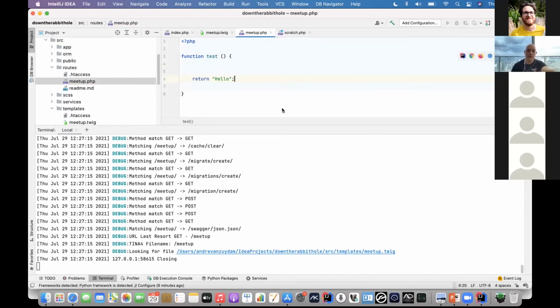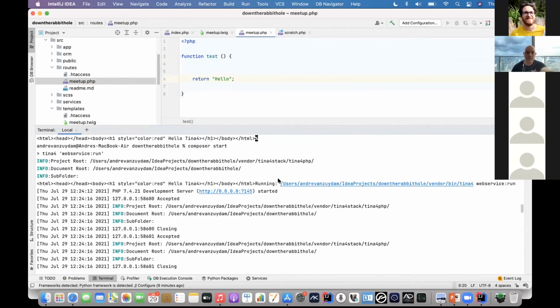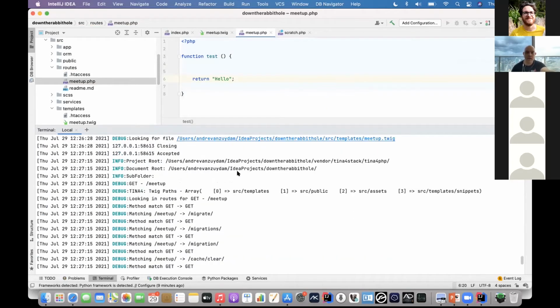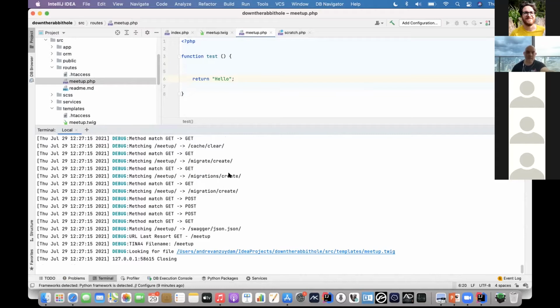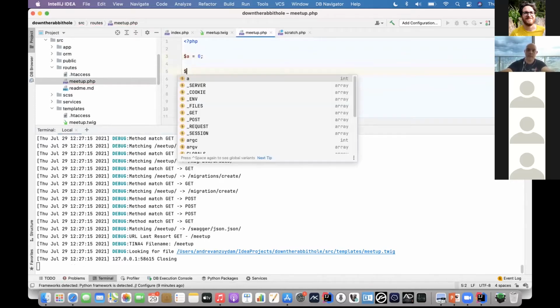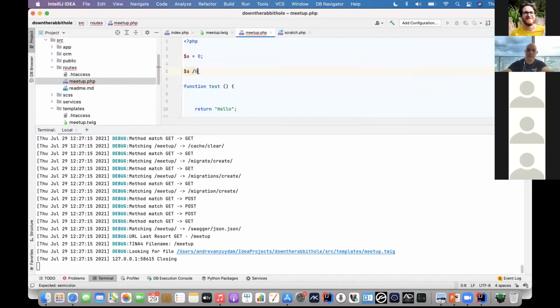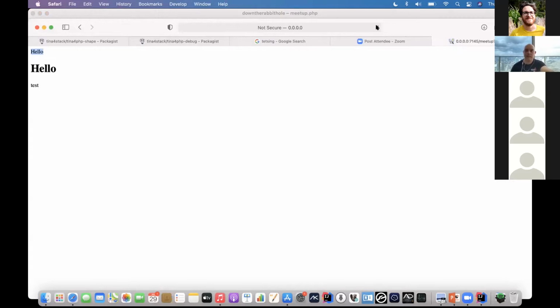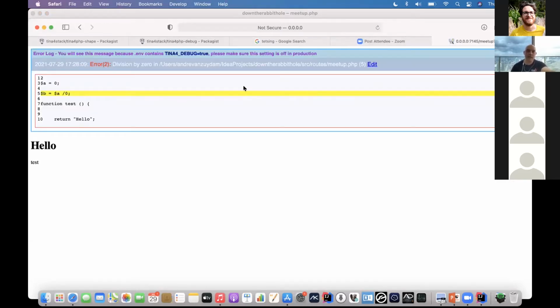Okay. I don't know if you've noticed, but while we've been working, we've got this debug trace that's been happening each time we've hit up the page. So it's got this very verbose debug methodology going over here. If I had to go into the system here and just make some mistakes, maybe one of the common ones, division by 0, or let's have a look at a couple here. A refresh again. Okay, so what's happened here is the debugger's kicked in and it's giving you a warning that